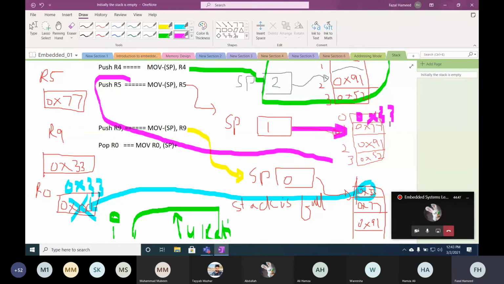Actually, now the stack pointer is pointing to the first location, that is 0x77. If we push another element, this element stays there because we push another element on the top of it. So assume this stack as a dishwasher plate that you are putting a plate. When you put a new plate, you put it on the top and you do not replace the top element. Did you not understand?